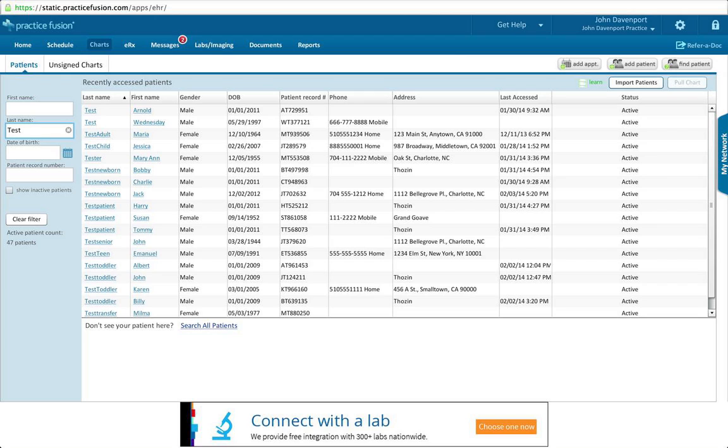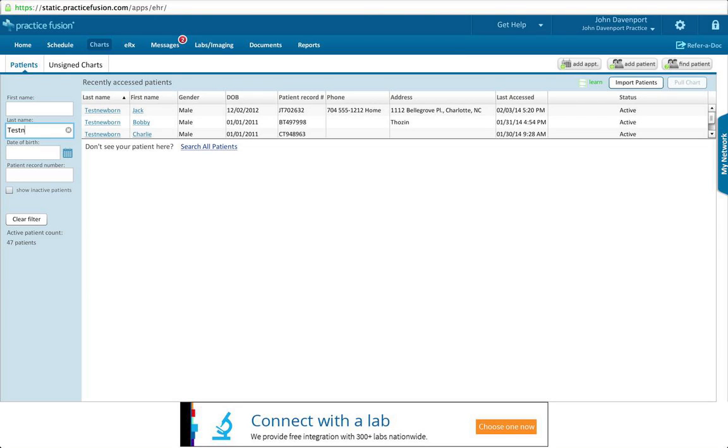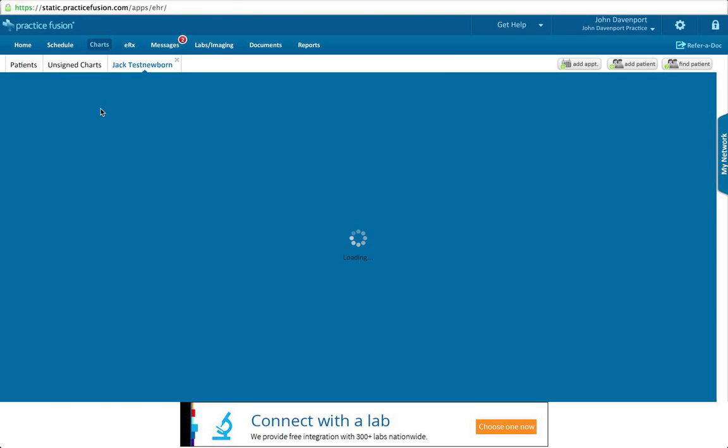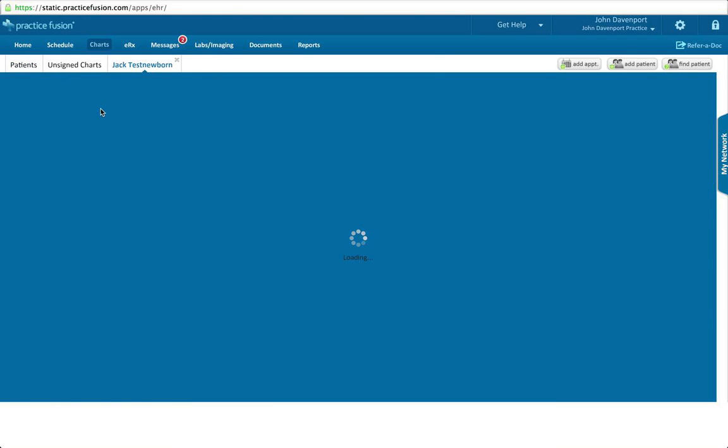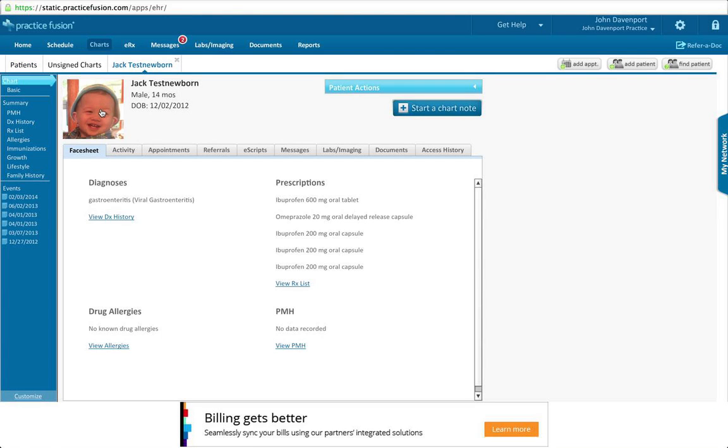We can narrow the field by adding another letter, and now we have 3 patients named Test Newborn, and the top one is Jack. Click on his name, and his chart pops up for entry of further information. Let's close that chart for a moment, however,